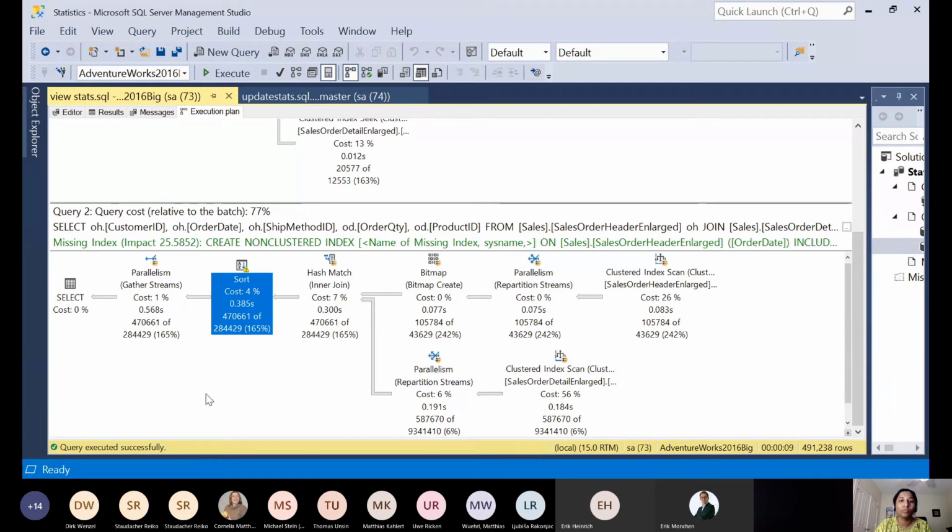Now, why this happened is because we tricked the optimizer to believe that there are only 1 million rows. And because of that, it not only got the wrong estimates, but it also affected the memory grant, which granted only a small amount of memory. And because of that, it did not have enough memory, and it had to spill to the disk. So what I want to prove here is that if our estimates are wrong, it might eventually affect the entire execution plan, and it might choose the wrong, non-optimal operators for the execution plan.